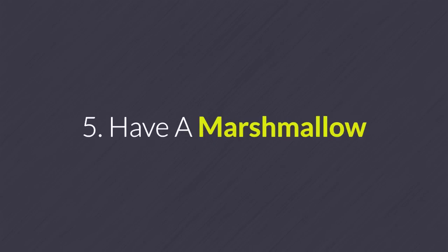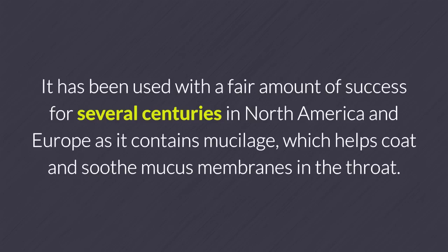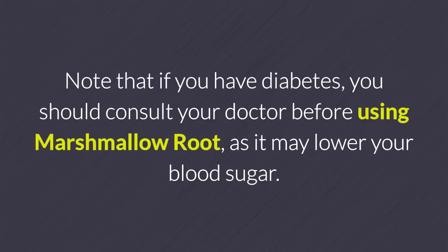5. Have a marshmallow. Don't get too excited, I am referring to the herb called marshmallow, or marshmallow root. It has been used with a fair amount of success for several centuries in North America and Europe, as it contains mucilage, which helps coat and soothe mucous membranes in the throat. Note that if you have diabetes, you should consult your doctor before using marshmallow root, as it may lower your